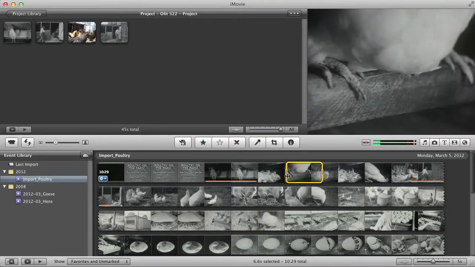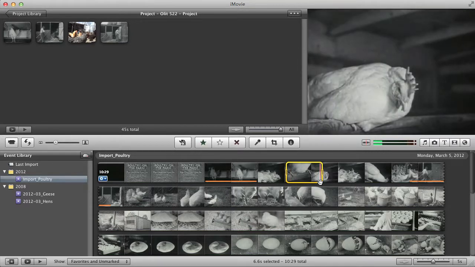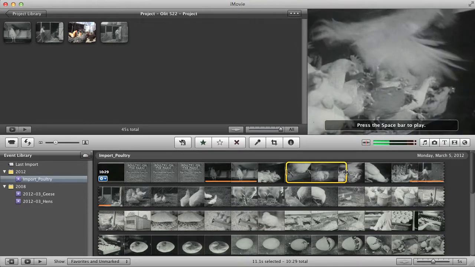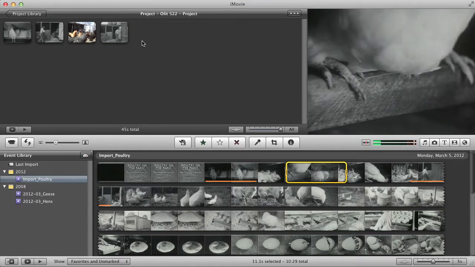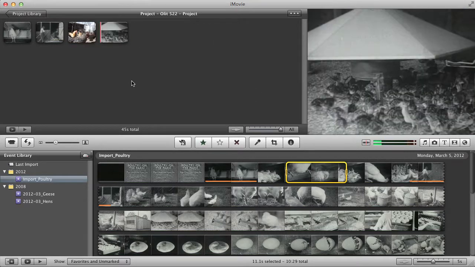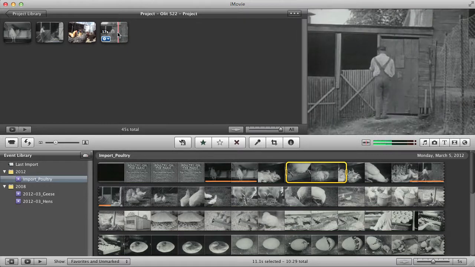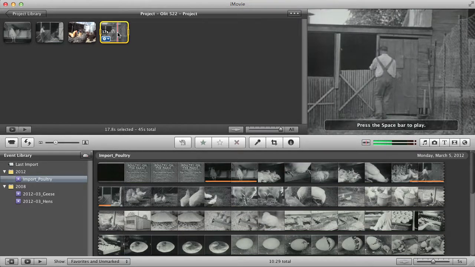It's always nice to give yourself a wider range of selection when you're choosing a clip. Give yourself 2 or 3 seconds at the beginning, 2 or 3 seconds at the end. That way you can get just the spot that you're looking for before you drag that right on up into your timeline. Once it's in the timeline of your project, you can click on a clip, say this one for example,